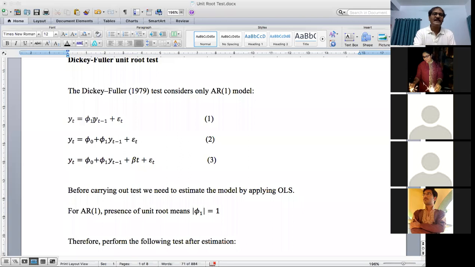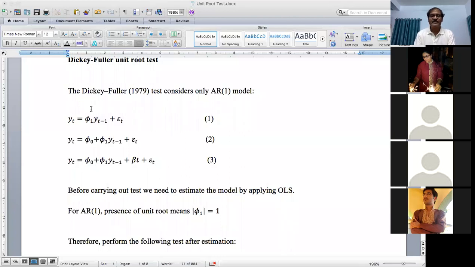And we have discussed in the last class, for AR1, incidentally, if phi1 is equal to 1, there is a unit root in the series. Because in AR1, the value of the characteristic root z is equal to phi1, we have shown. And if the value of z is equal to 1, then there is a unit root. And in the case of AR1, if the value of phi1 is equal to 1, then we have a unit root in AR1. Because in AR1, phi1 itself is the value of the